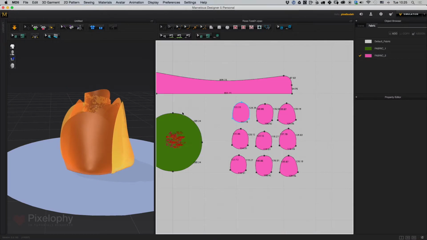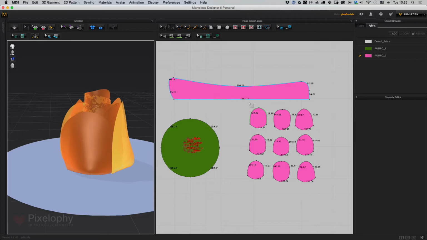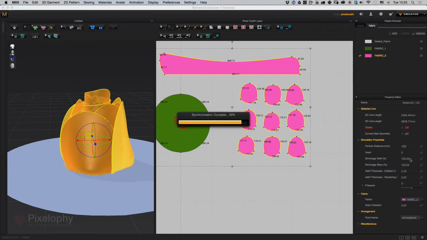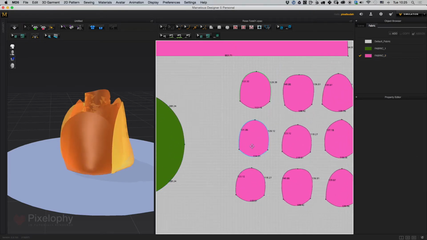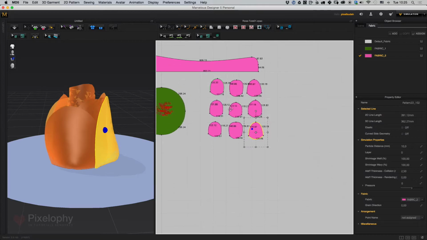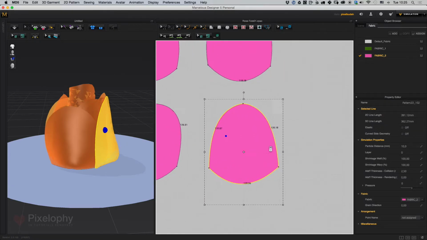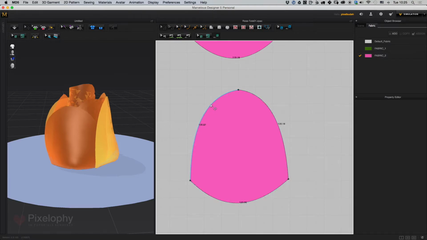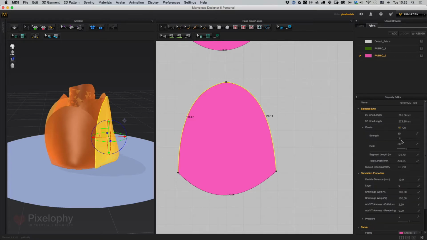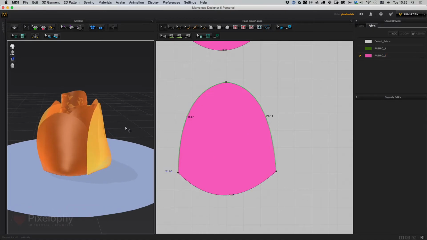And to do that, the first thing I'm going to do is I went back and undid the quads, because I noticed that it works a bit faster when I'm working in triangles. And I'm going to put the particle distance back to 10, because I don't want it to be really slow. And then to get those nice folds on the edges, the only thing that we have to do is select these two edges, so the outer edges, and make sure elastic is on, and play around with the ratio and the strength. And now if I go ahead and simulate,